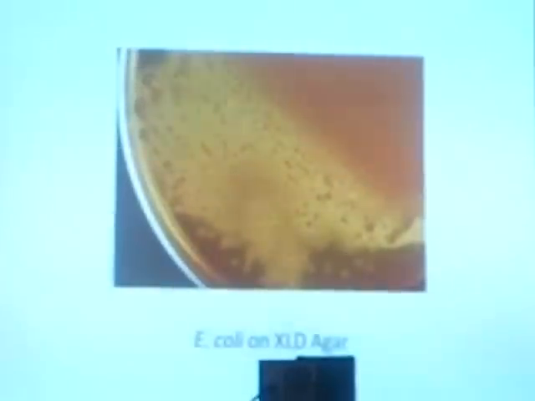So it will change the pH and the color of phenol red back towards the basic spectrum. Now, this is an uninoculated XLD agar, somewhat like that agar, right? Red in color. Now, this is E. coli, right? E. coli produces a yellow color because it changes the color of phenol red towards the